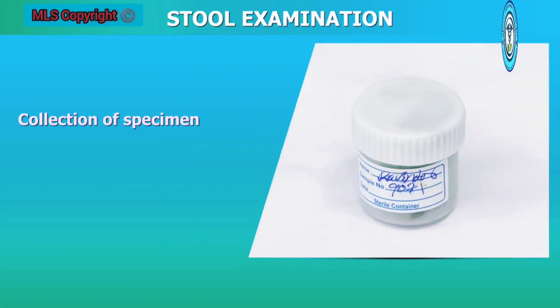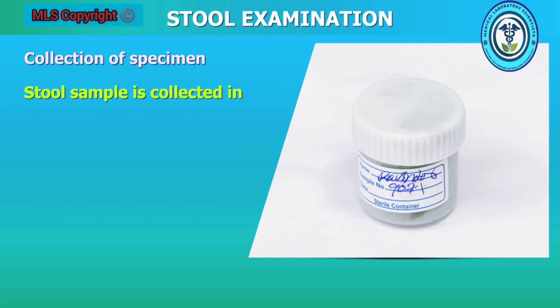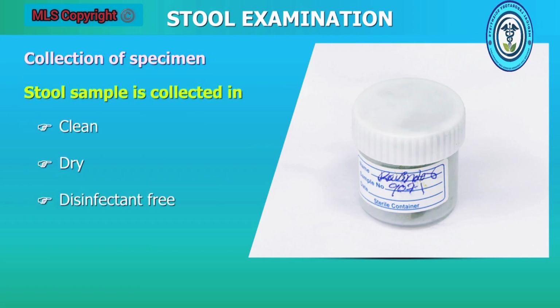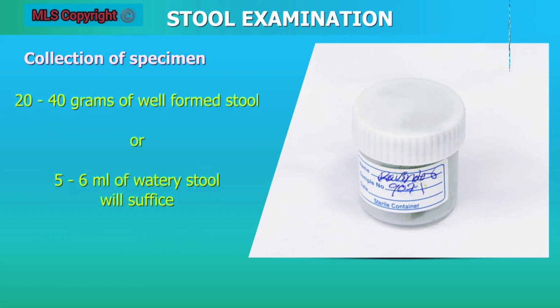Collection of the stool specimen. The feces for the microbiological examination should be collected during the acute stage of the diarrheal disease. Ask the patient to pass the stool sample in a clean, dry, disinfectant free, suitable white necked container or a plastic cup with a tight fitting lid. About 20 to 40 grams of well formed stool or 5 to 6 ml of watery stool will suffice for